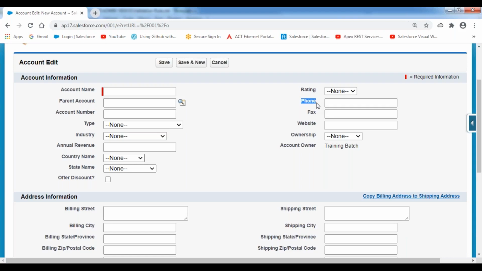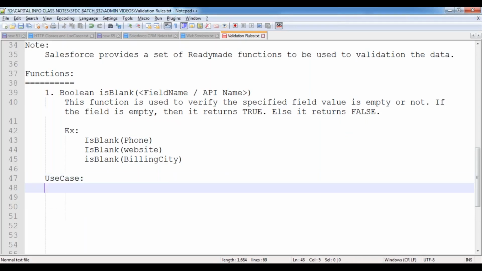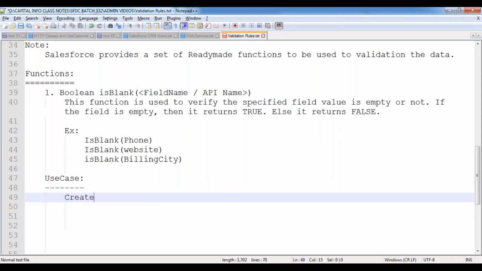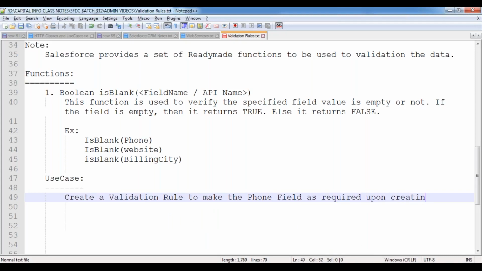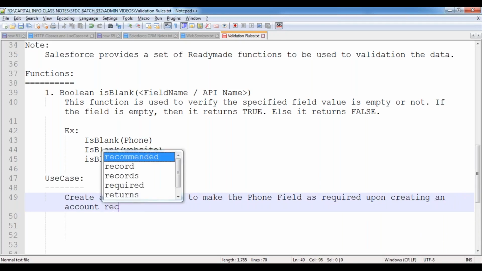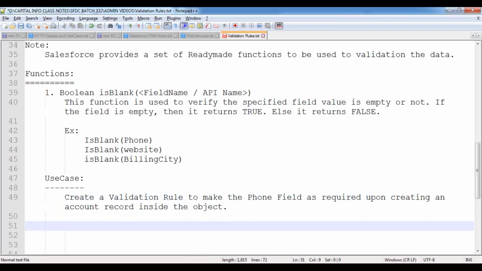Let's take a small use case. Create a validation rule to make the phone field required upon creating an account record inside the object.